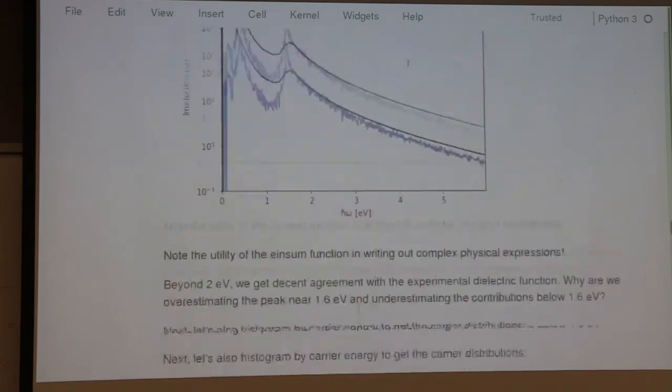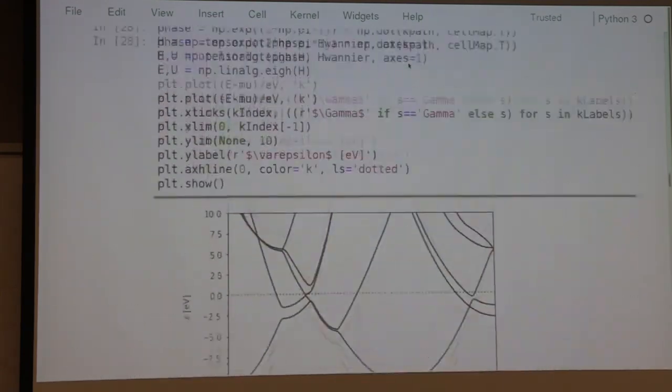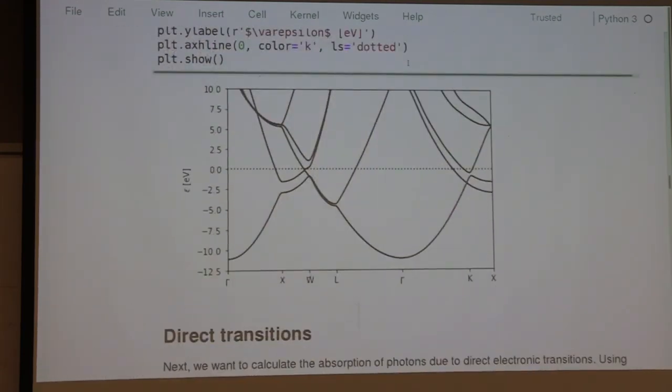So you can look at, let's go back to the band structure. If you look at this carefully, you will find that the location where this happens is right around where this band ends. So most of the uniform carrier distribution is being given by transitions across this. So when this band flattens out, you suddenly lose an energy channel there. You can continue following up this, but you will get a lower energy hole, and you will not be able